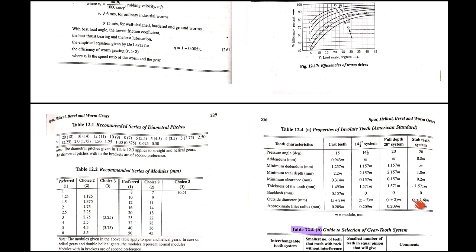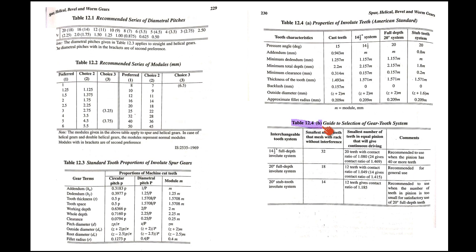Then we have to use table 12.4b. This table is used when the question doesn't have the number of teeth in it. Usually they will not give you Z2 and Z1. Sometimes they can give you Z1 or Z2. So if Z1 or Z2 is given, then you can use the speed ratio to calculate the value of the other one. I hope all of you know what exactly the speed ratio or the gear ratio is, which is nothing but N1 by N2 equal to D2 by D1 equal to Z2 by Z1. So using this specific gear ratio, we can find out the unknown.